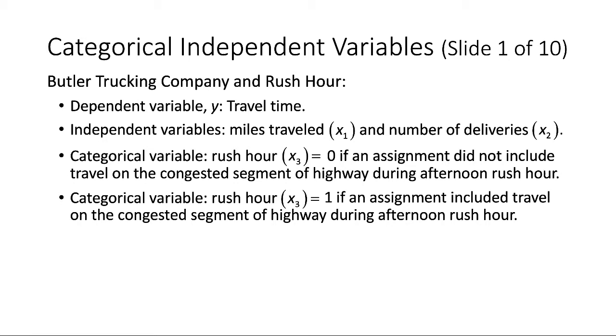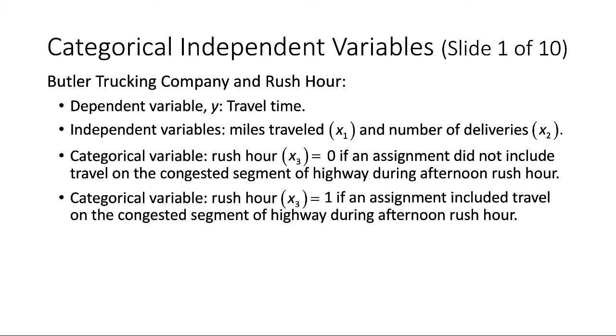To incorporate the variable that indicates whether a driving assignment is a highway rush hour driving or not into our current model, we would define rush hour x3 equal to 0 if a driving assignment did not include travel on a congested segment of highway during afternoon rush hour, and x3 equal to 1